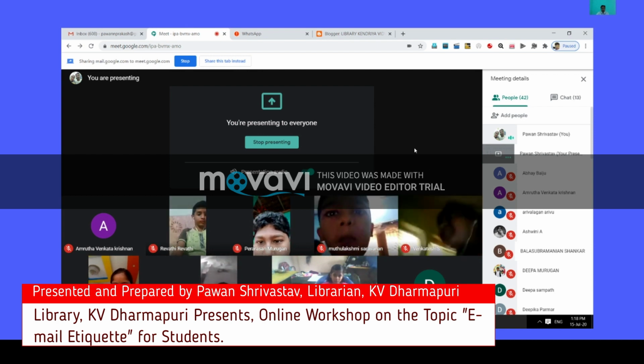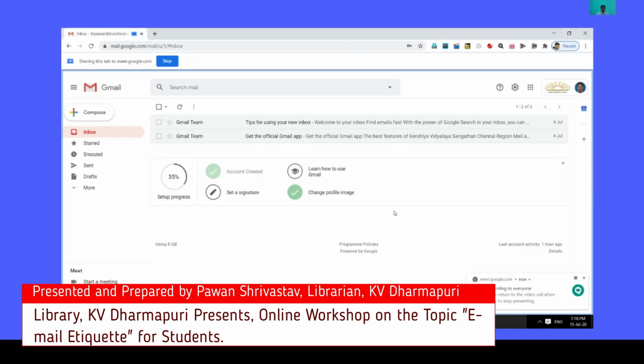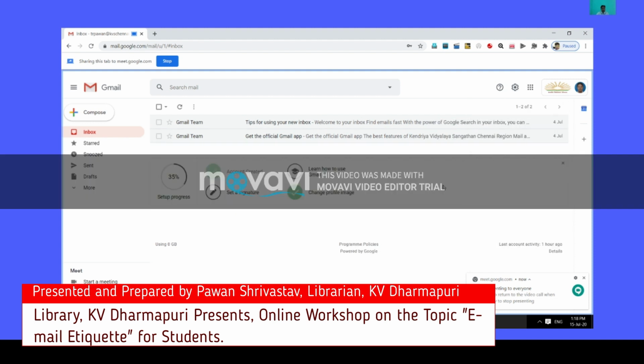Once you get your email ID, you will log into the Gmail account, and after logging in, you have to change the password. You can do that from the settings. And after changing the password, your screen will look like this.